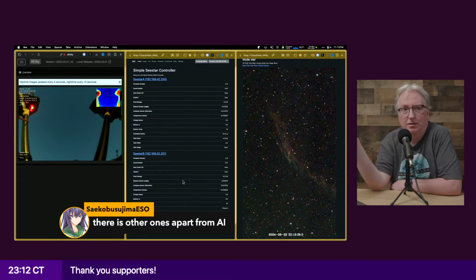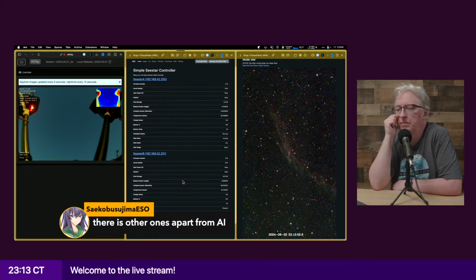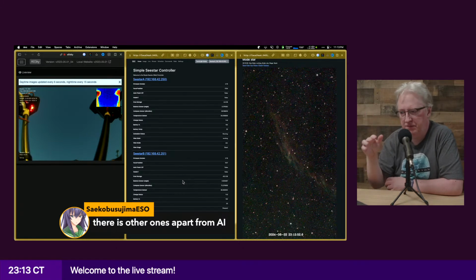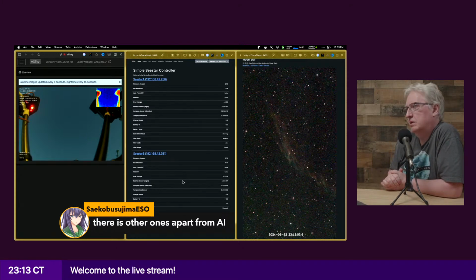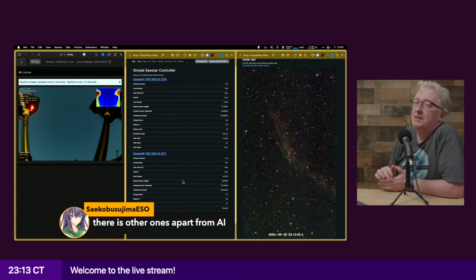So the Seestar Alp software has integration with Stellarium, where you can either tell it where to send the telescope, or you can send the coordinates to the Seestar Alp, which will then point the Seestar at a given point. It can also report back the status to Stellarium. I still need to get that part working. I mean, the code's done. Somebody else did it. I just haven't hooked it up, because then I could have Stellarium up and you could see.